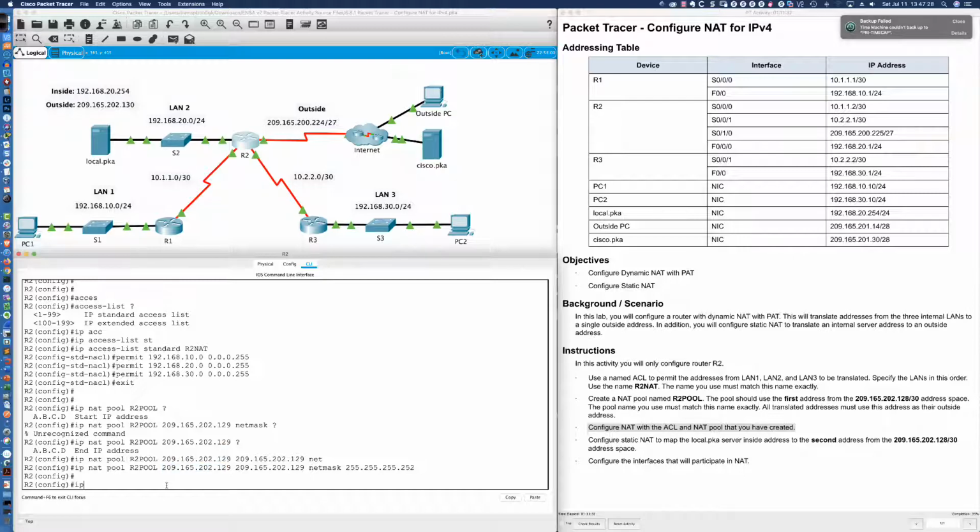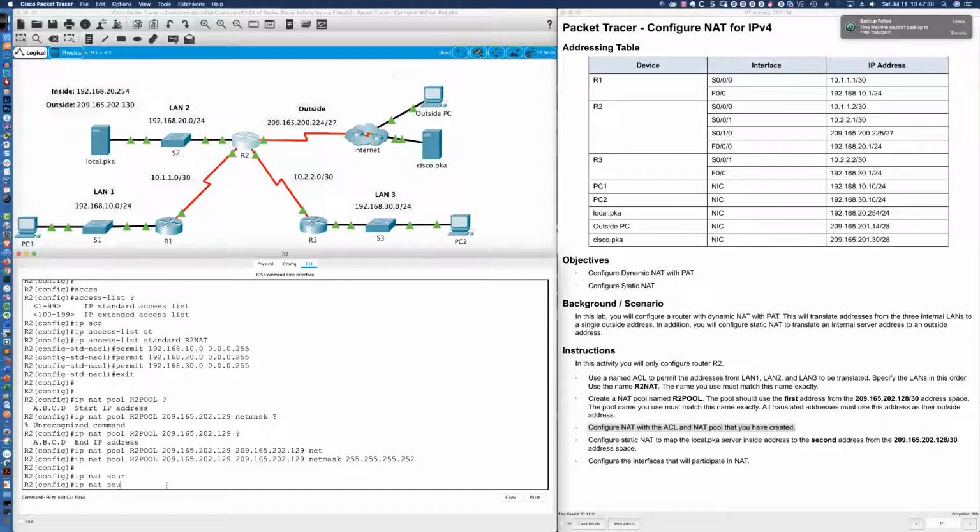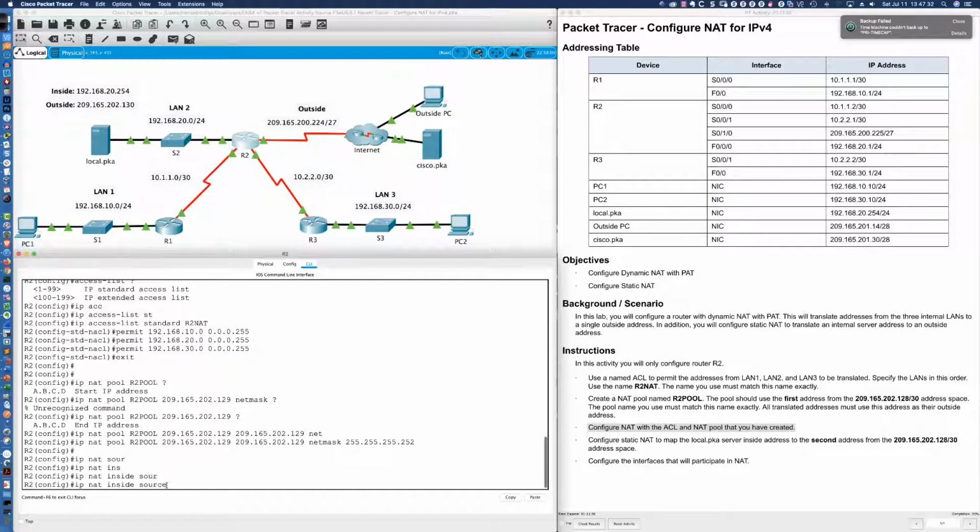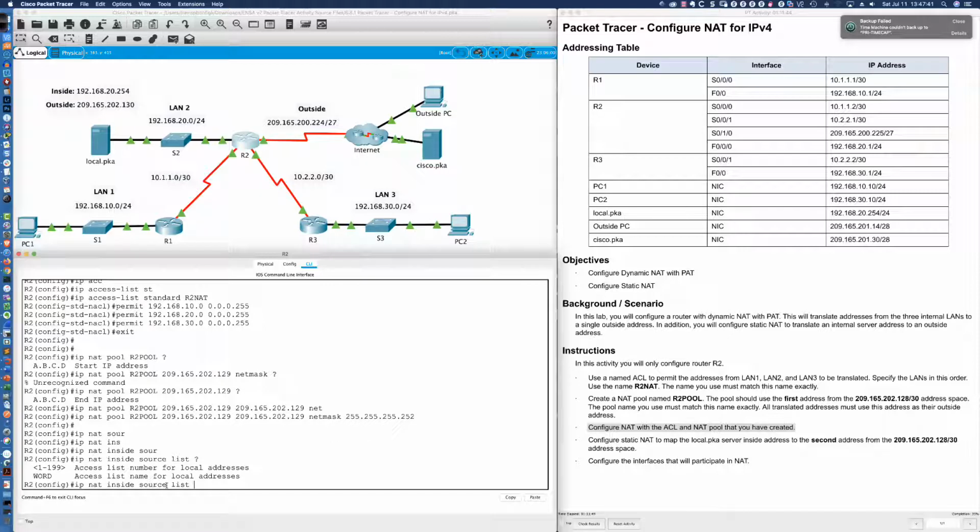All right, so we're going to say IP NAT inside source list. And remember, typically we were doing like 1 or 2 because we were using numbered ACLs. But if I question mark here for the context sensitive help, take a look at that. We can put in a word, and we know that R2 NAT is the name of our ACL.